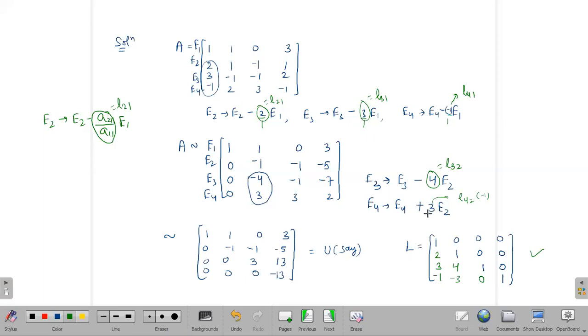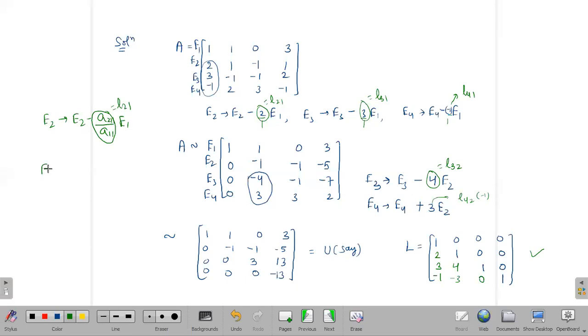So last row means that is last element, correspondingly you have this operation. So now we will take minus 3 because it is positive already, so we have to take the negative of this. After this, actually this element has already become 0 by these operations. But if you use another operation to make this element 0, then you will get this element also in the lower triangular matrix. Actually, it is simple that you will get the same values from the operations only. But you just remember how to write the elements from the operations.